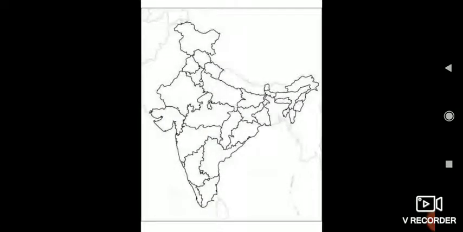Yes. So before starting the map, you should remind yourself of the elements of a map. So what are the elements of a map? Heading or title, direction, key or legend, scale, and colors and symbols. So first you have to start with the heading or title for the map. Take your pencil, sharpen it. The first letter has to be in capital letter. Start writing the types of soil in India.